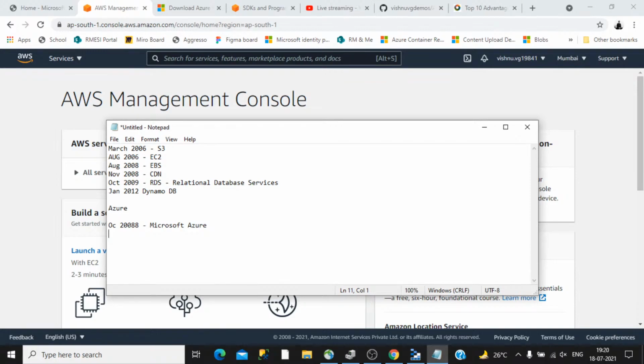SQL Server is the relational database from Microsoft. So they already had a relational database, and they integrated that into Azure and came up with a service called Azure database. That came up in 2009.